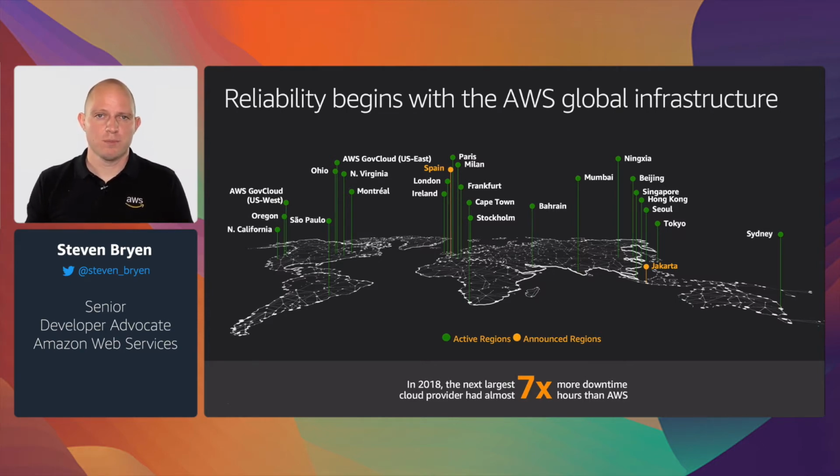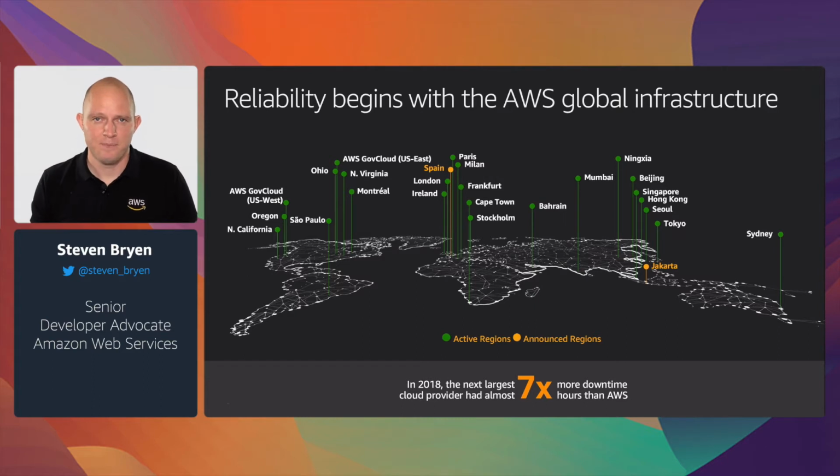In fact, a region comprises multiple what we call availability zones, which are groups of data centers in a geographic area. So take London or Dublin or Frankfurt, for example. A region is a huge investment for us in infrastructure, and because of this availability zone concept, we have a high level of availability for applications that our customers run